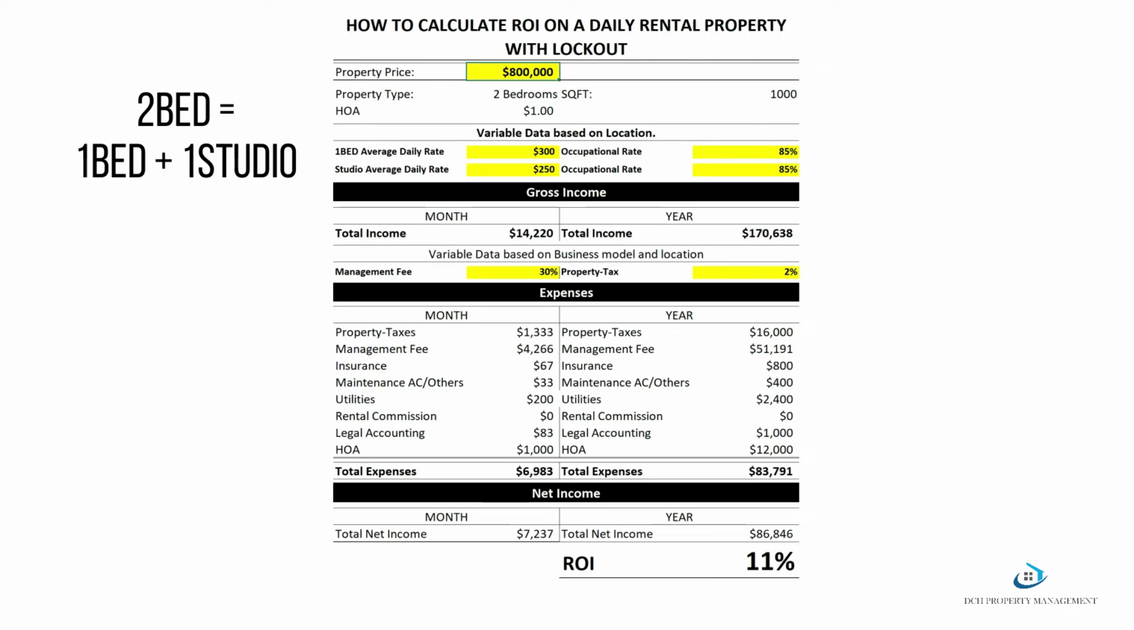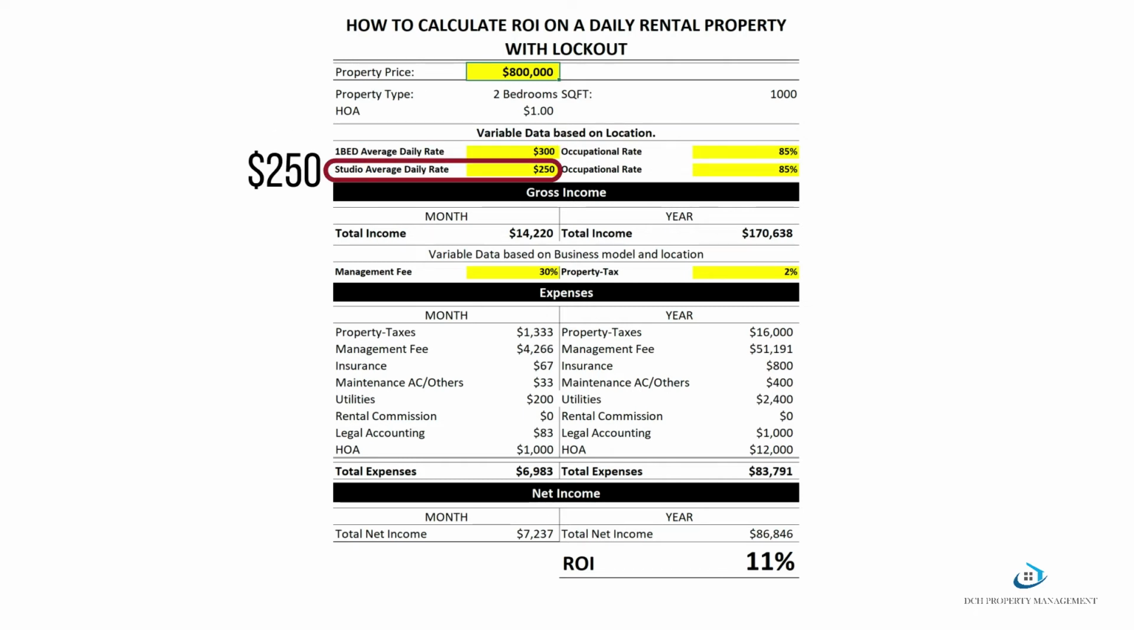Let's review this scenario. We then add another income since now we have divided the property into 1 studio and 1-bedroom. To keep this video short, we are not going to play many scenarios this time. We will try to keep it simple. We will assume that the 1-bedroom average daily rate is $300 and the studio is $250. Although, we will change the occupancy rate. With 85% occupancy rate in the same scenario as before. That will give us a gross income of